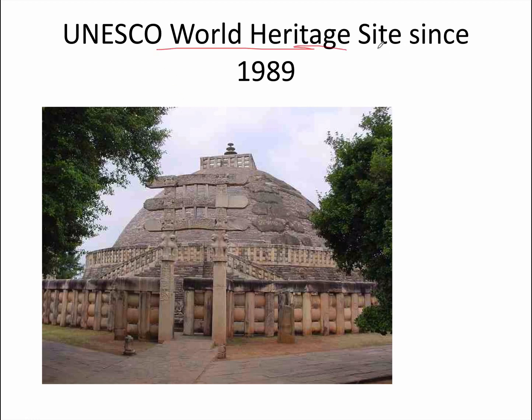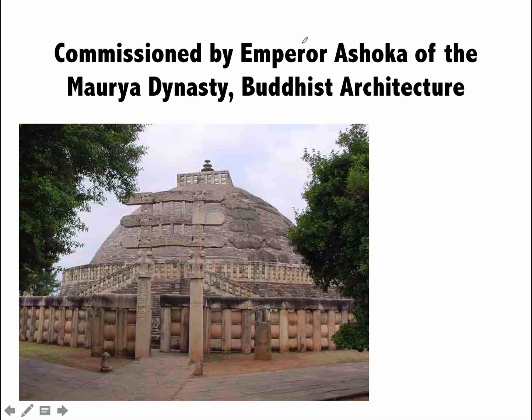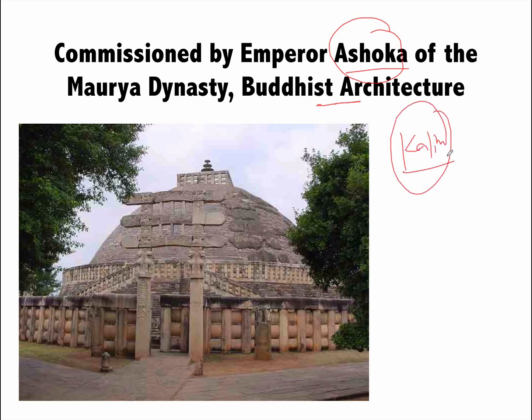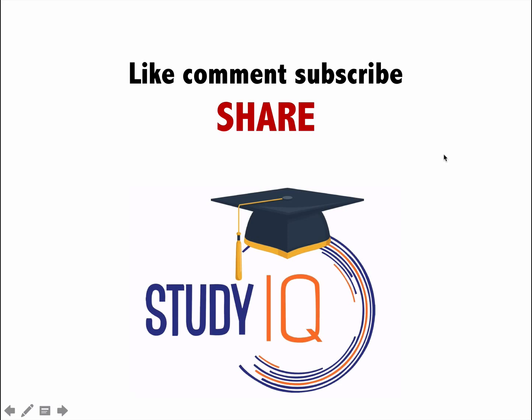Sanchi Stupa, it is a UNESCO World Heritage Site. In India, we have 36 World Heritage Sites. This year, Ahmedabad city was declared a World Heritage City, thereby increasing the number by 1. So it is at Sanchi. Sanchi is a small town 45 kilometers away from the capital of Madhya Pradesh, Bhopal, and it was declared a World Heritage Site in 1989. It was commissioned by Emperor Ashoka of the Mauryan Empire as a Buddhist architecture, because stupas are the places of worship in the Buddhist tradition. Important thing to understand here is that Emperor Ashoka was not a Buddhist originally. After the Kalinga War, when there was huge bloodshed, it was only after that he turned a Buddhist.